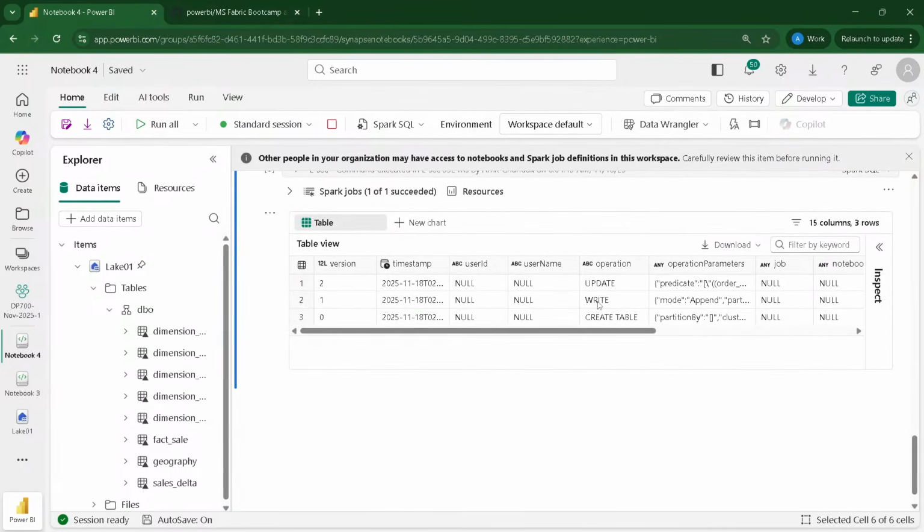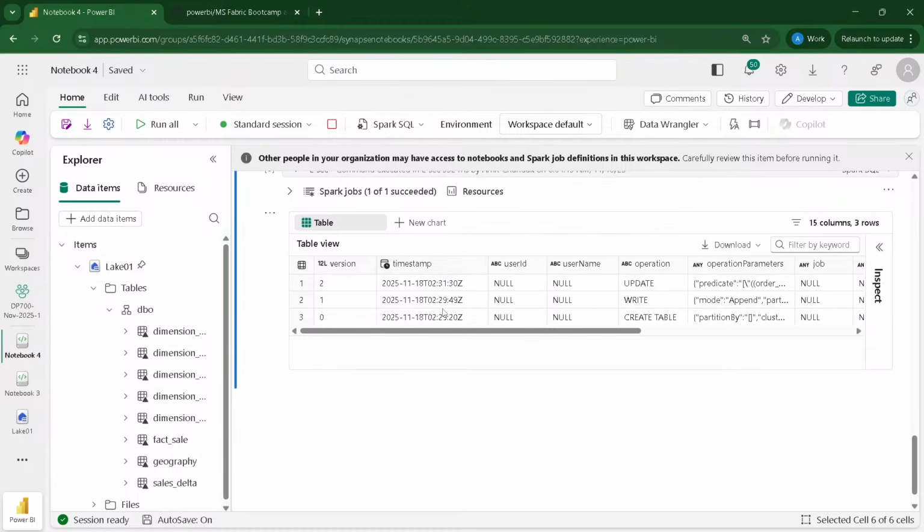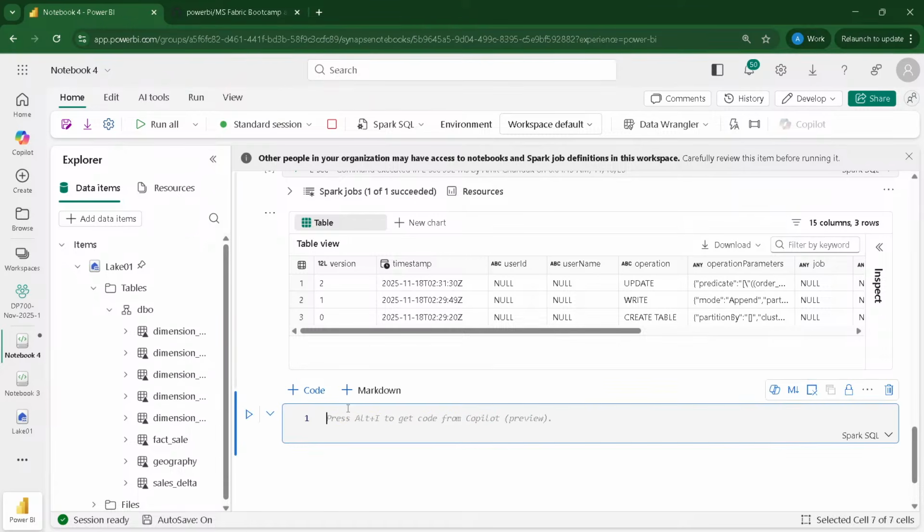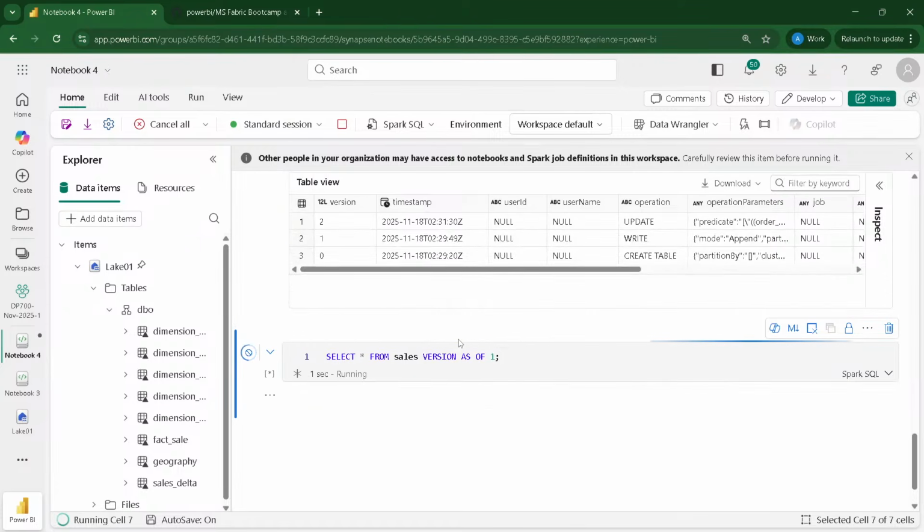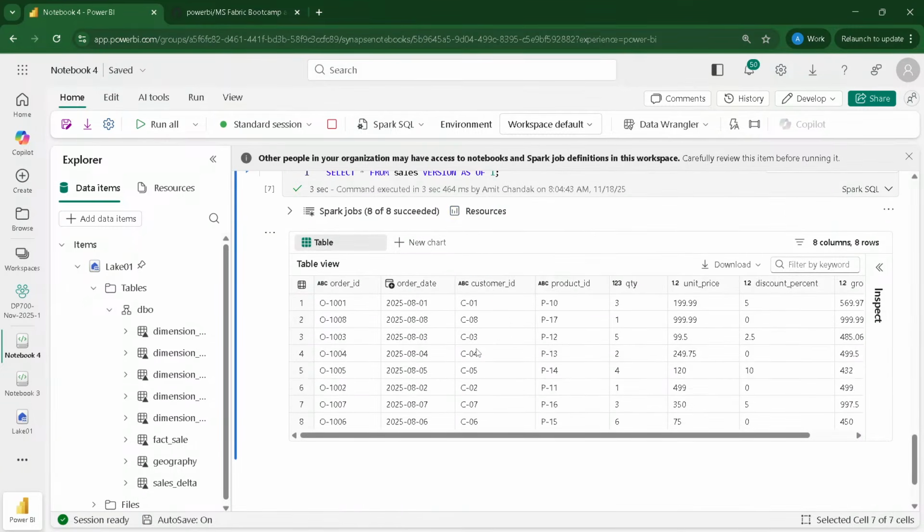We created the table, we wrote to the table, we updated the table, and with the timestamps, see, between the 29th second and the 31st second, we have a different version: the unedited version, which is the insert, not updated. Then I can go ahead and query one of those versions: select star from sales version as of 1. So with version 1, I am querying the one which does not have the updates.